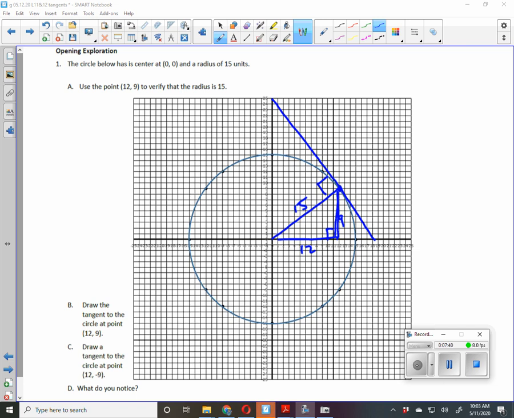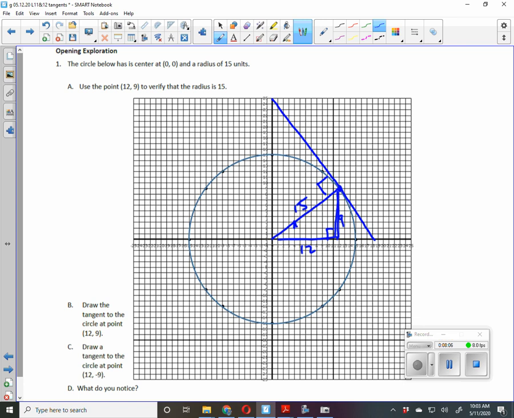They're asking you to look also at 12, negative 9, 12, and asking to see what you notice. Now, this is not rocket science here. One of the things I want you to look at is, and I'm not going to redraw 12, negative 9,